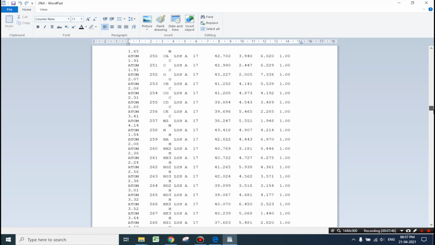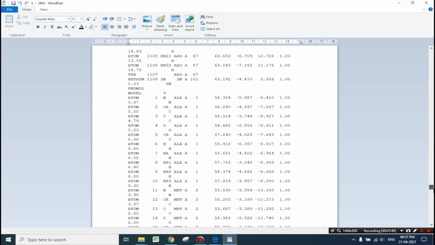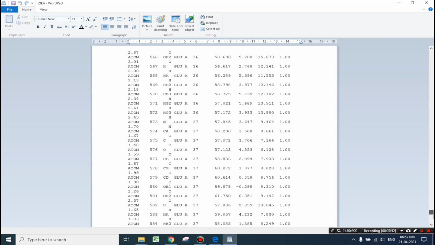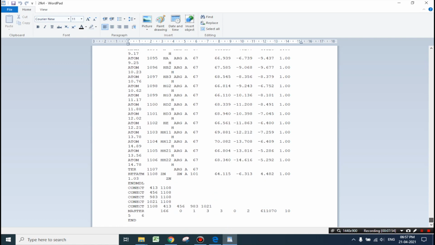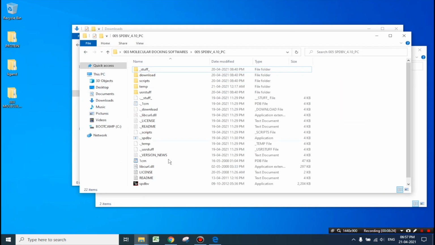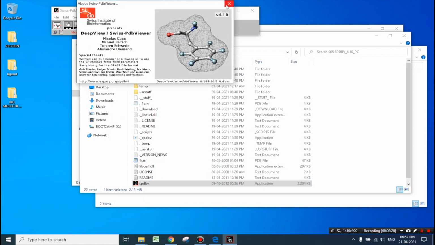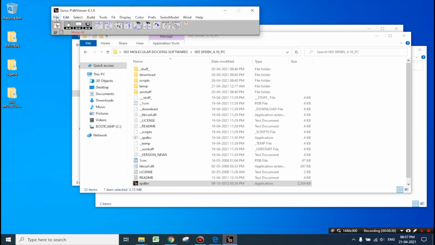Next, we must delete the heteroatoms from the file. So, here you can see a heteroatom over here. In some case, if there is more than one heteroatoms, you must delete all the heteroatoms. Now, let us select from heteroatom till just before the end and delete the particular data. Now, you must save this file and close it. Next, we must launch SPDB Viewer from the folder. You may close this tab.